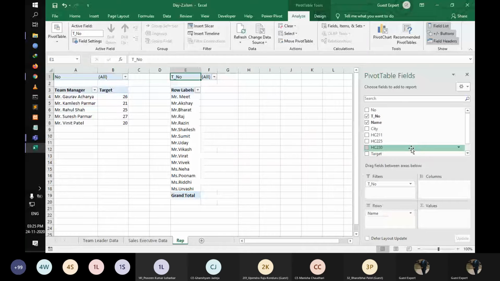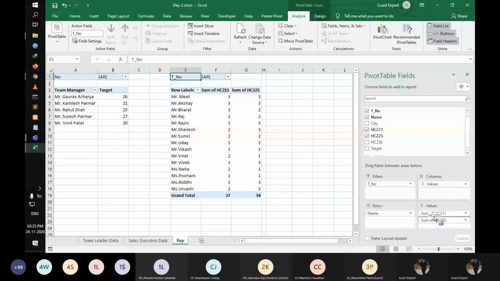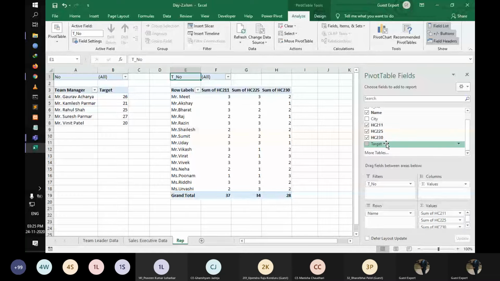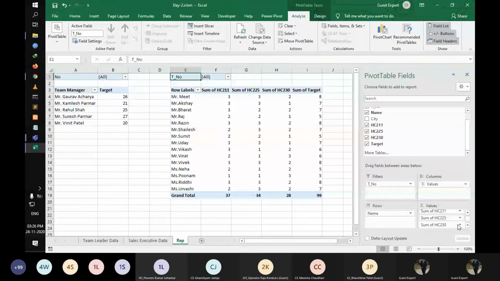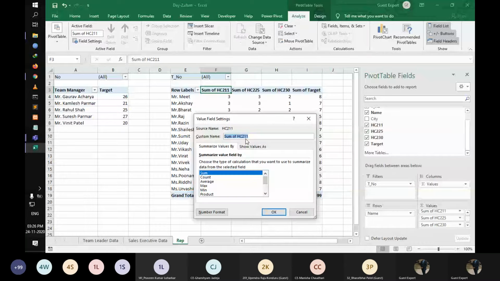Person name. Then value of all the medicines. And the target. Okay. We just remove this sum of.